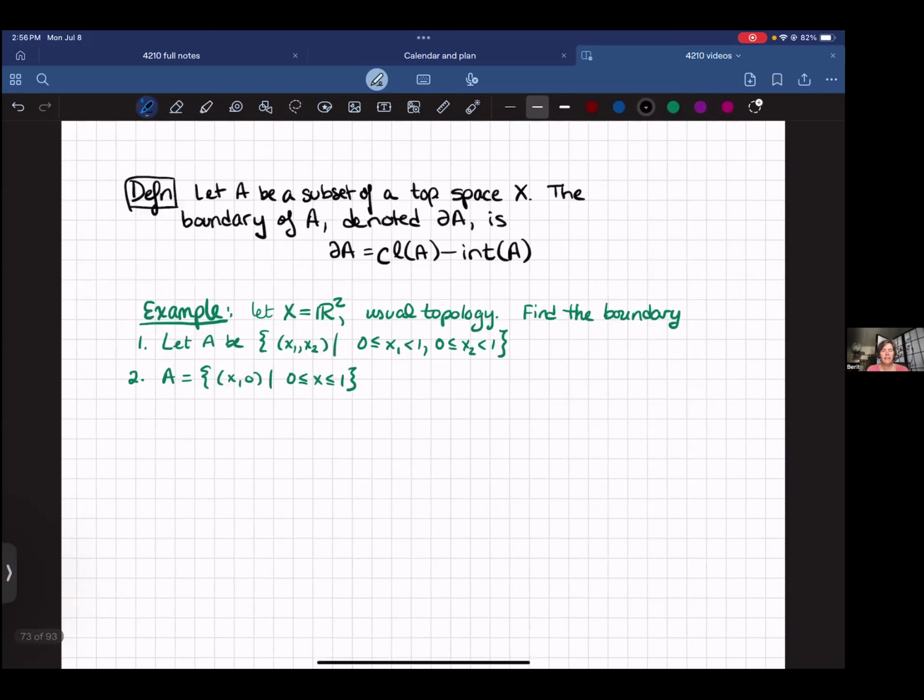For the first example, let's consider X to be R2 with the usual topology, and let's find the boundary of these two sets. The first set is a collection of ordered pairs where the first coordinate is between 0 and 1, including 0 but excluding 1, and the second coordinate has the same property. So for the first one, we're going to look at 0 to 1, 0 to 1. So it looks sort of like